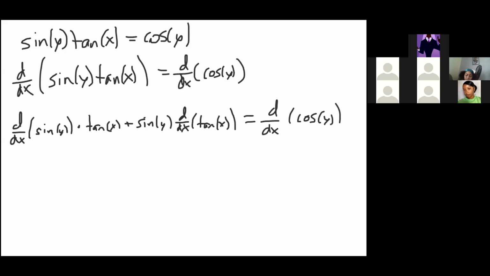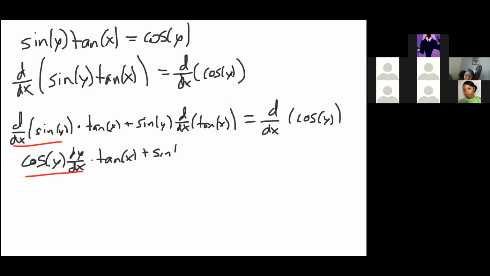Then I look at sine of y, the derivative of sine of y. Well, I have a y in there, and I'm taking the derivative with respect to x. So I can take the derivative of the outer function. So this would be cosine, plug in my value, but then I need to make sure I multiply by the derivative of the inside, i.e. the derivative of y with respect to x, or dy dx. And I'm still multiplying this by a tangent of x. So just to show, the derivative of sine of y was that cosine of y dy over dx,